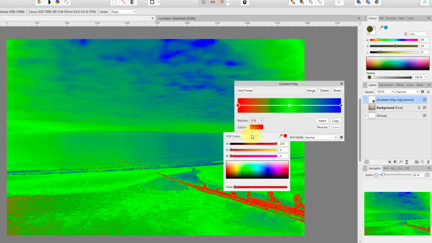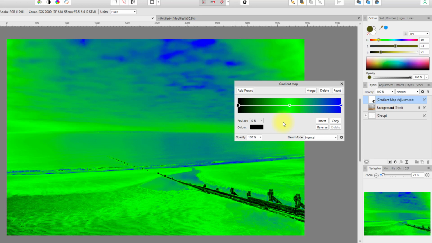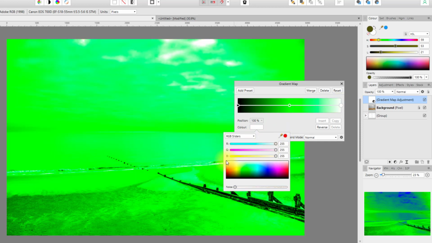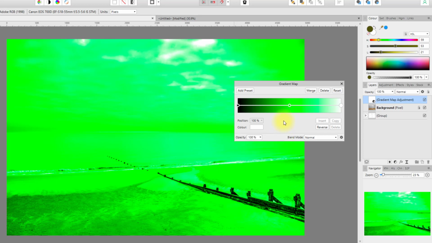pick on the color picker, and I want black, so I'm going to come right down to the bottom here. So I've got 0, 0, 0. Now I pretty much always use RGB when I pick colors, but you can use whichever option you want. But I'm going to come to the blue node on this end, and I want white, so I'm going to drag this to the top. So I've got 255 across the board, and then in the middle node